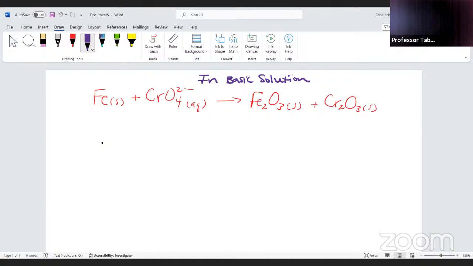So if you have a reaction like this, and they're telling you that it's in a basic solution, one of the things you got to keep in mind is that,